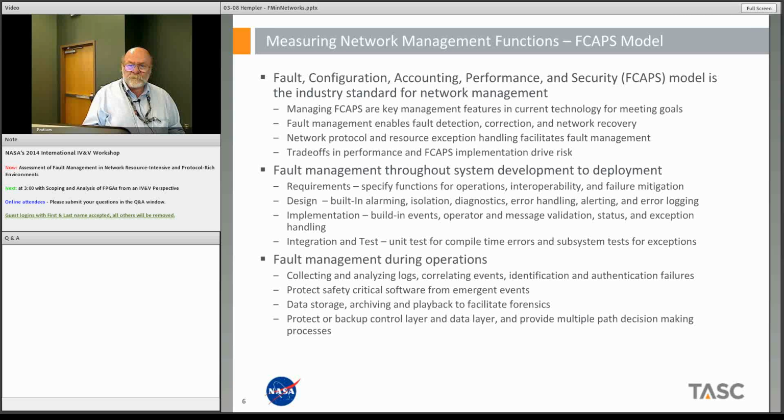So FCAPS has been around for a long time for network management, and so a lot of these COTS products market the capability of supporting FCAPS. FCAPS is even a larger problem to assess, a larger topic to assess, or logic. So I chose to scope my problem to faults. Configuration management, accounting in terms of user accounts and passwords and